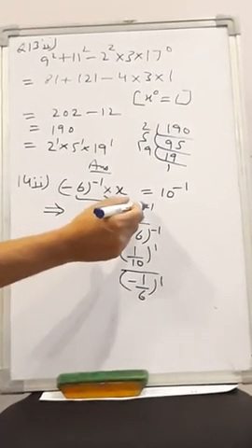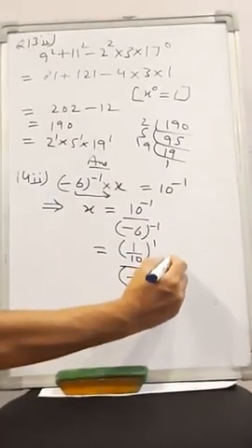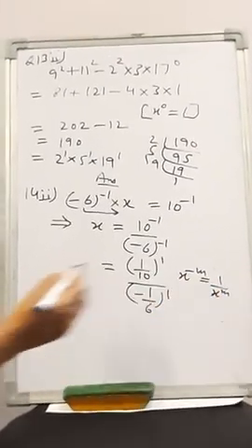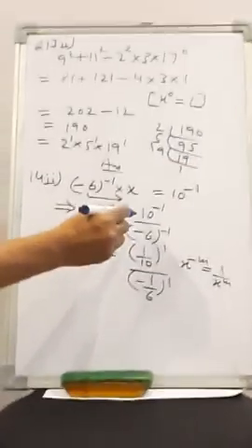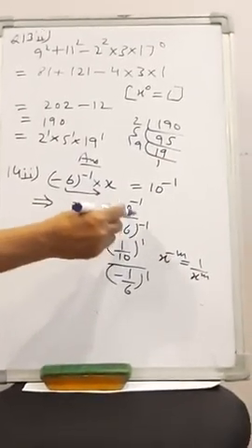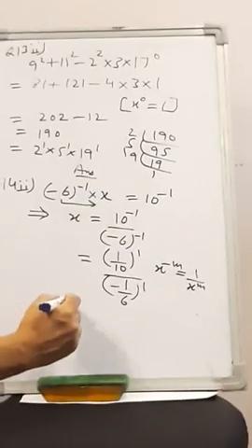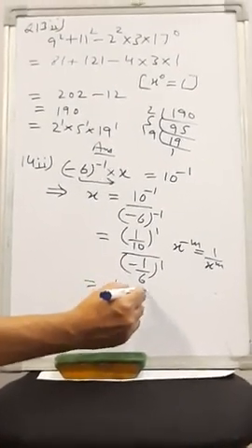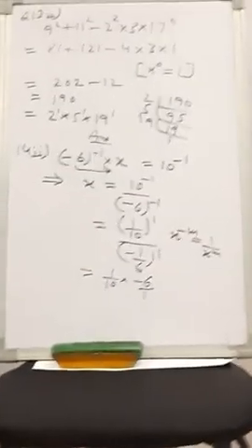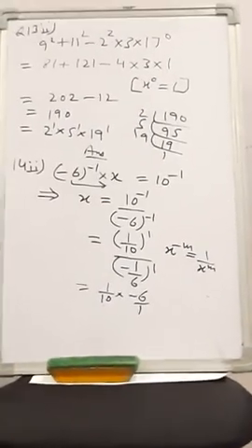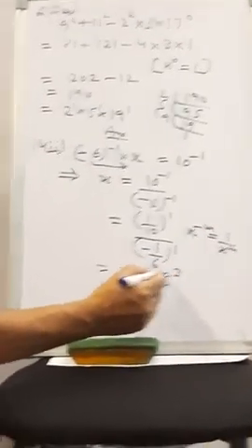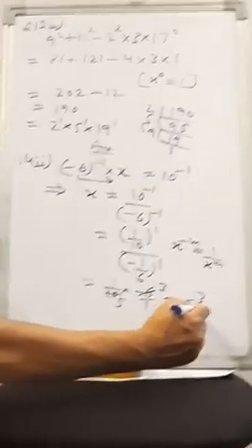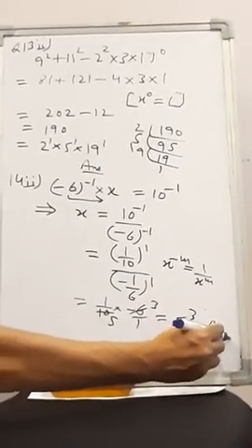So we have converted the negative power into positive by this law, x to the power minus m equal to 1 upon x to the power m. So we reciprocated both numerator and denominator to get the power from negative to positive. So this is 1 upon 10 and this is simple simplification of fractions. Now here you can simplify this further. 2 3s are 6, 2 5s are 10. So you get minus 3 upon 5 as the final answer.